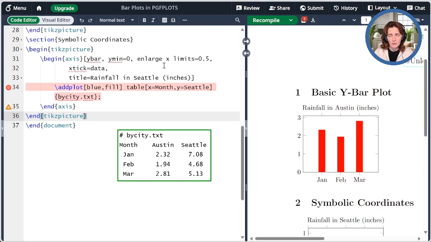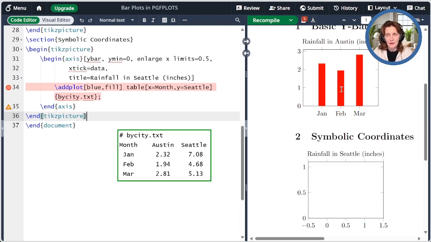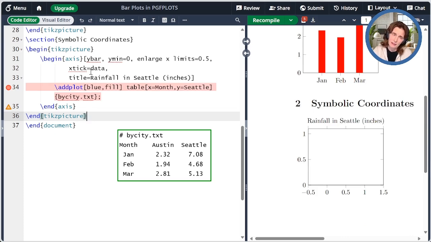It's basically the same as before, except that now I have an error. So I've used xtick equals data. I used everything the same here. What's going on? Well, the problem is I need to tell PGFPLOTS that the axis in the x direction is